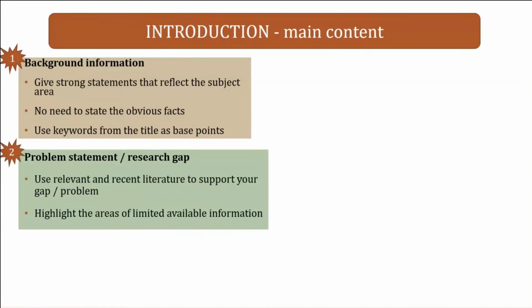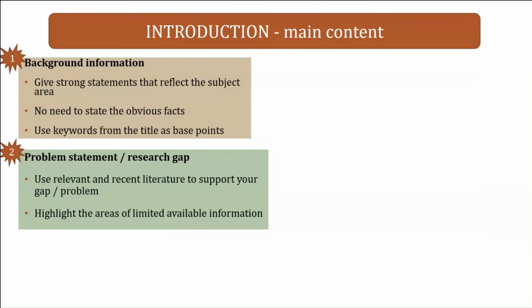This one is the problem statement or research gap. Use relevant and recent literature to support your gap. When you do your research problem, let's say your paper is 2021, and for the problem that you're highlighting, you use literature from year 2000 or 2005, so it's like 16, 20 years ago. The bigger the gap of the literature you use, the more it shows that your research may not be up to date. Because if you say there is a lack of research in this field, but the sources are 2000 and